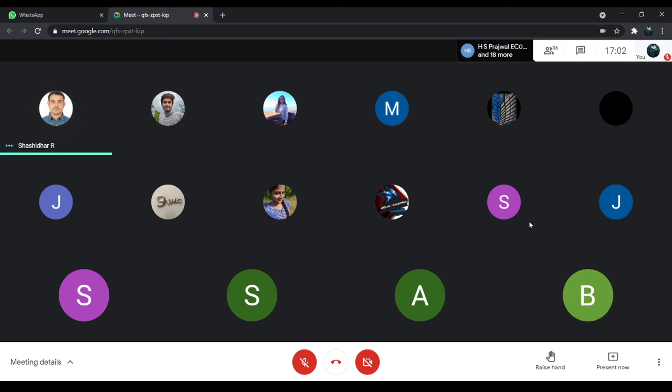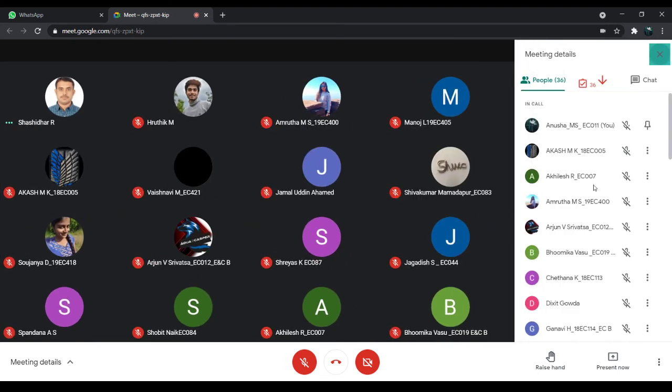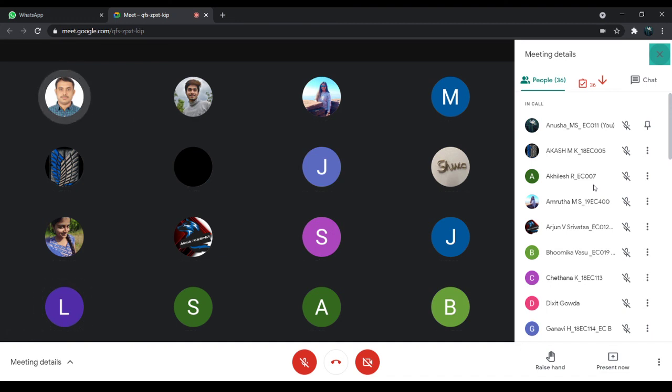Jagdish? Present, sir. Likit MN? Present, sir. Mahendra? Present, sir. Kedareshwar Rao? Present, sir. Sahana P? Present, sir. Shivkumar?